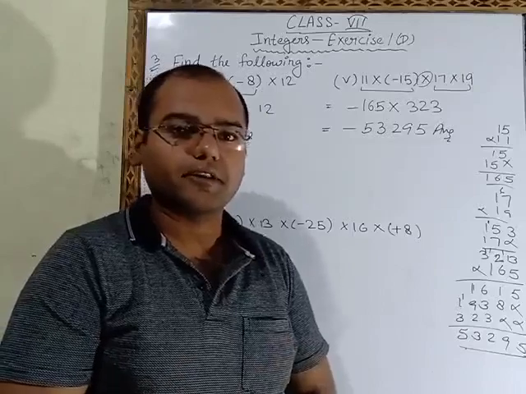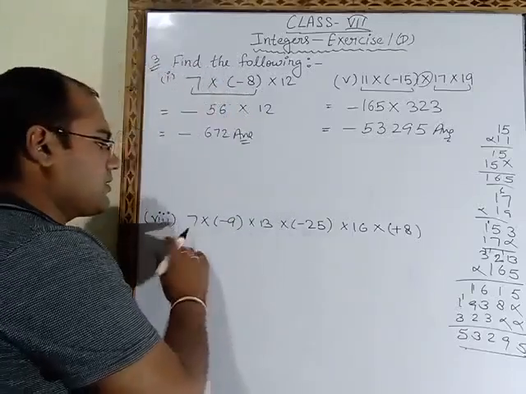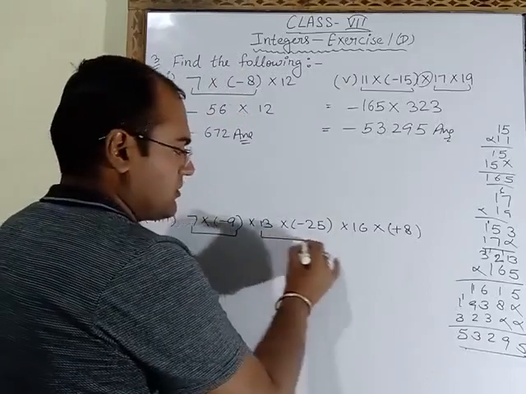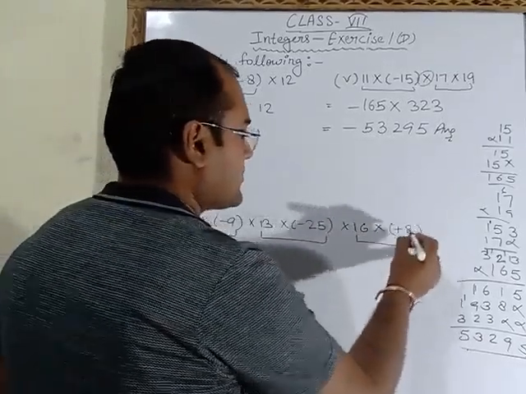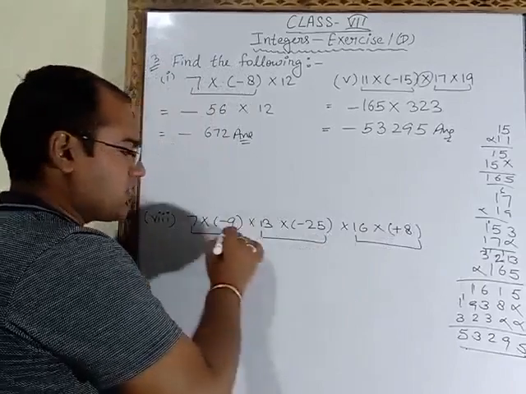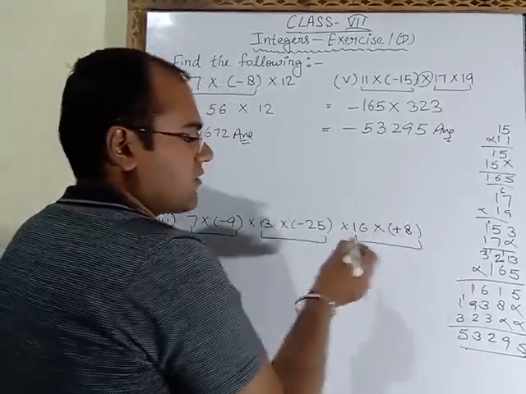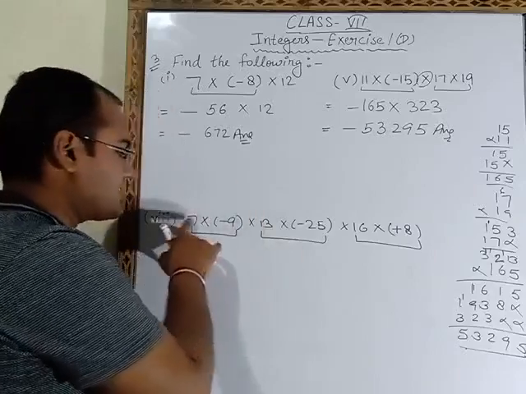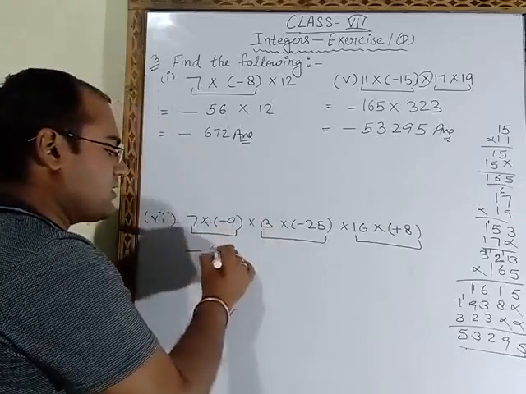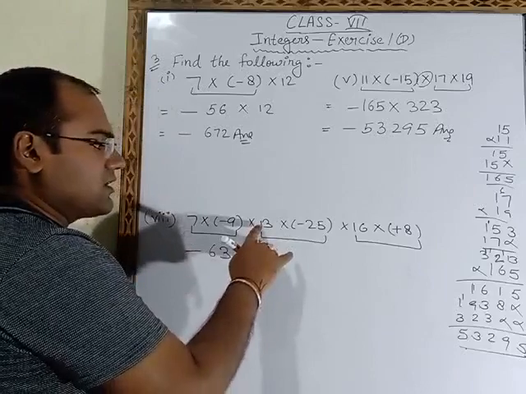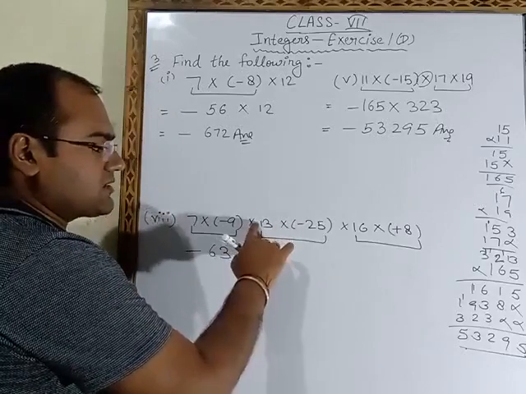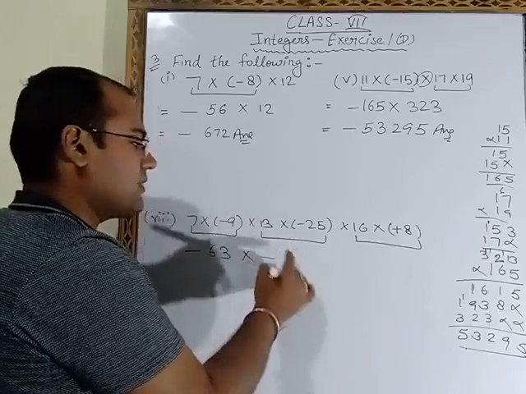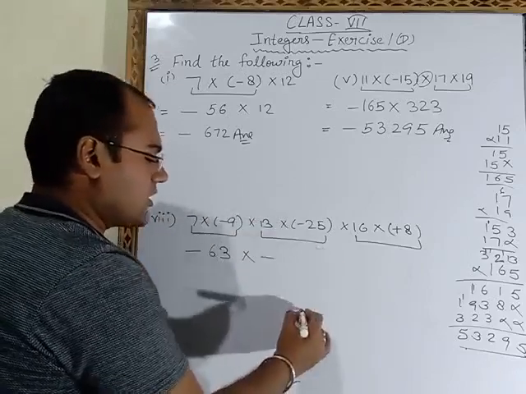Now see part number 8. 8th part. These two numbers we have to multiply together. These two numbers also we have to multiply together, and these two numbers. So here 6 numbers are there. First two, second two, and third two we have to multiply together. So first of all we have to multiply the sign. Plus minus minus. 9 7s are 63. In the same way we have to multiply here. Plus, no sign is coming here, that's why we take the plus sign. Plus minus minus. Now 25 into 13 we have to do.